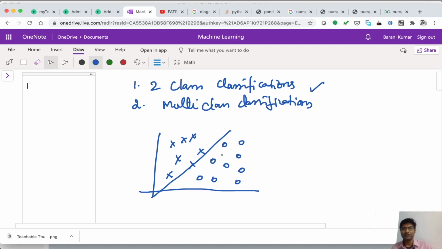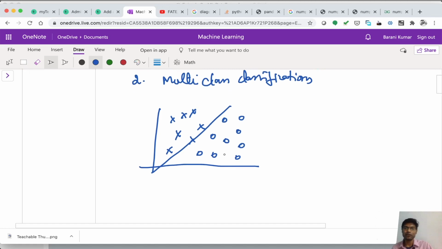What is actually required is two different sets of data such that they are linearly separable, meaning with a single straight line we should be able to separate those data. If our data abides by this rule, then we can go for logistic regression to classify the data. Okay, this is the basic criteria we will see.